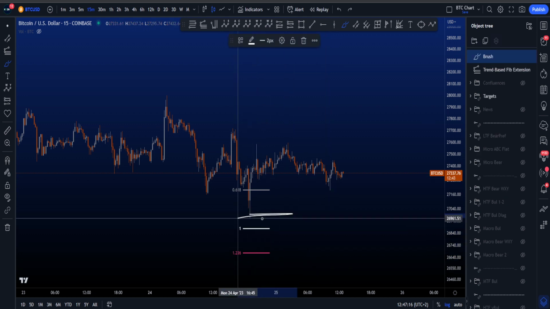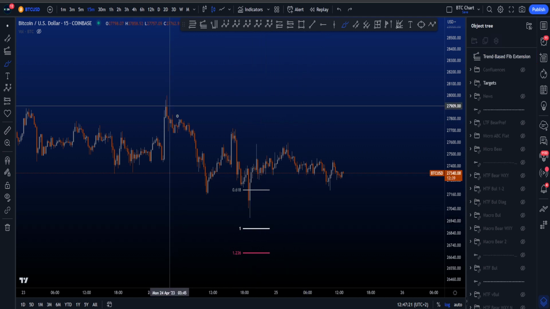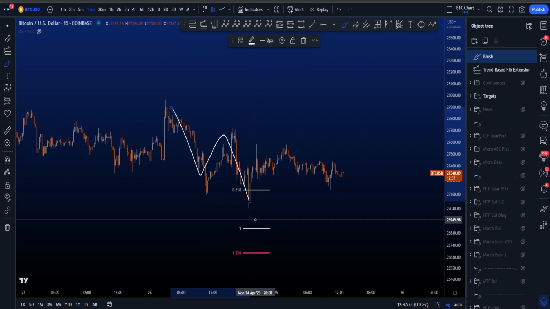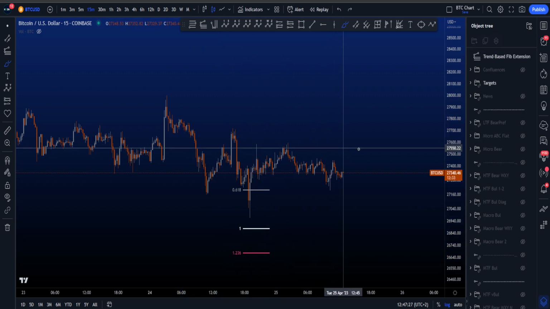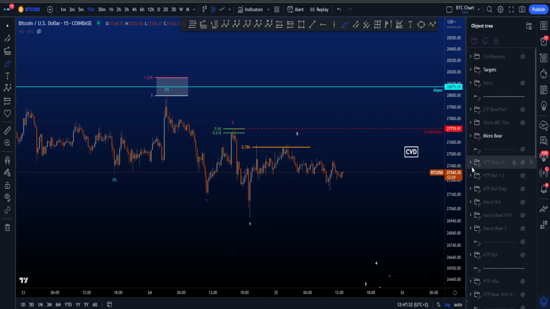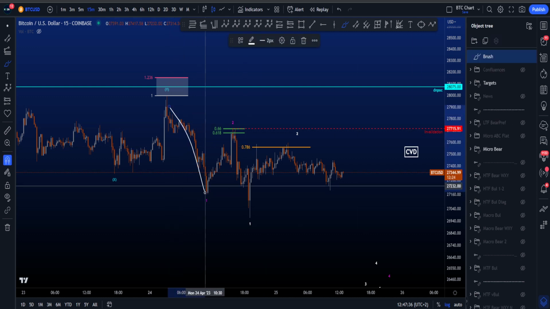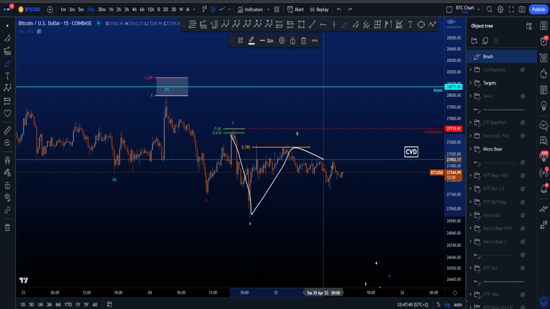Of course, we did have strong support with the daily naked point of control, so that might be a reason that in this particular scenario, if this is a zigzag for the bullish scenario, we did not reach the most common target area, and we're going to find our way to the upside, which of course is still my preferred scenario. But therefore, we do have to take into account the bearish scenario, where this is potentially a wave 1, a 3 waves in 2, and then this is another wave 1, 2, for then eventually a bigger 3